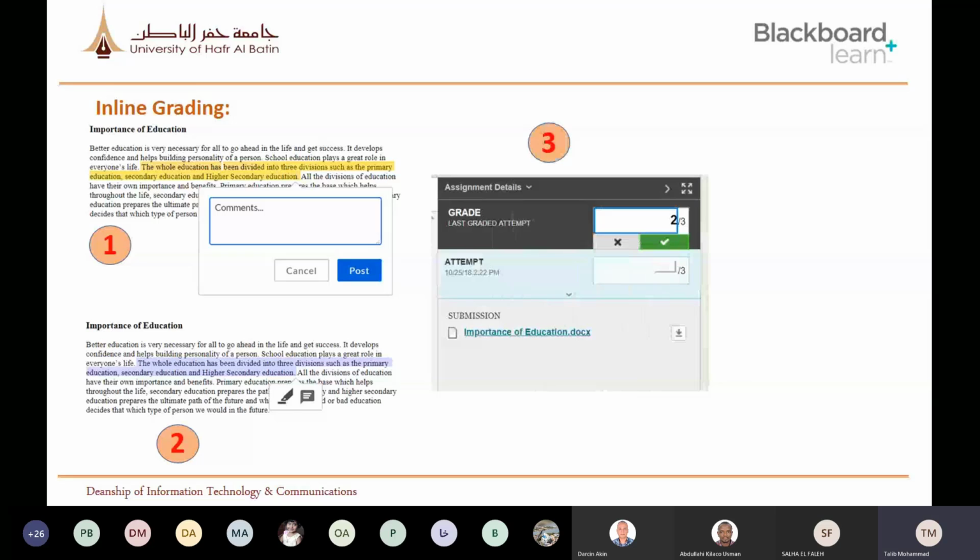So once they submit, once you are done with your comments or highlighting the errors or any corrections needed, after that you can enter the grade. You have to enter the grade on the left side. There is an option for you to enter the grade. So out of 3, for example, this student scored 2 marks, so I entered 2 over here, and then I click the green highlighted check button, so it will appear to the student right away